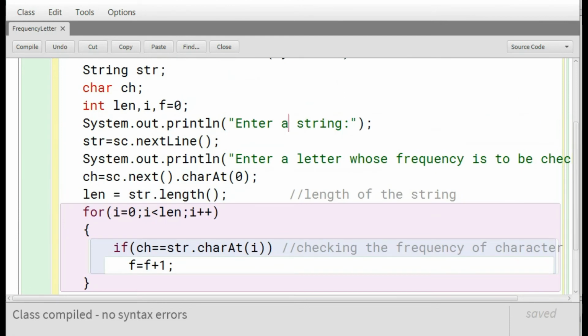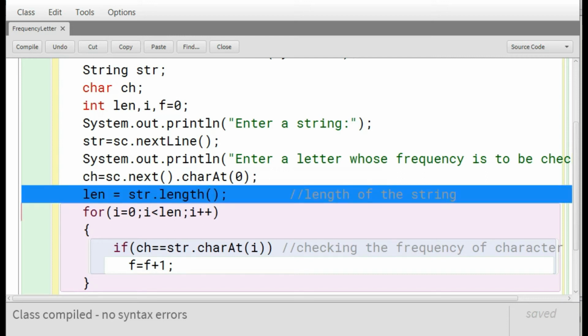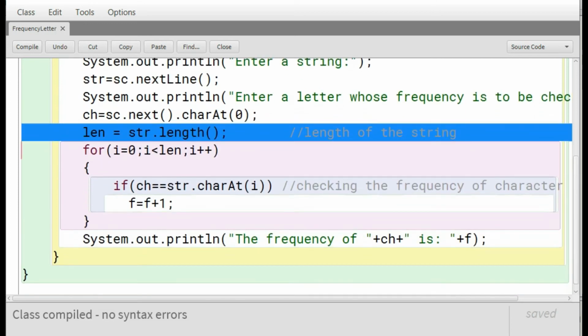So we have accepted a string in variable str. We have accepted a letter whose frequency is to be checked in the variable ch. Now in the next statement we have calculated the length of the string and stored it in the variable len. After that we are executing a for loop.